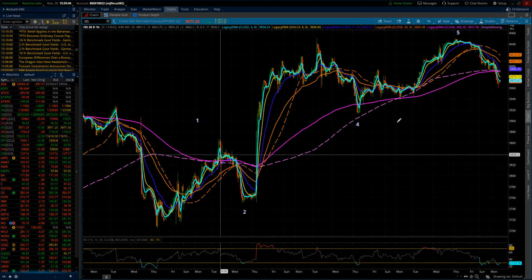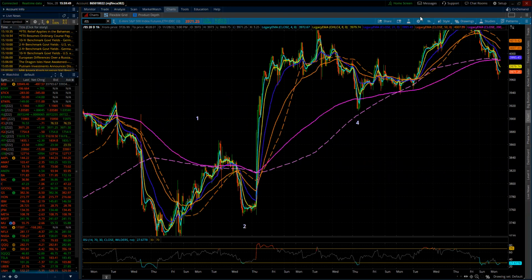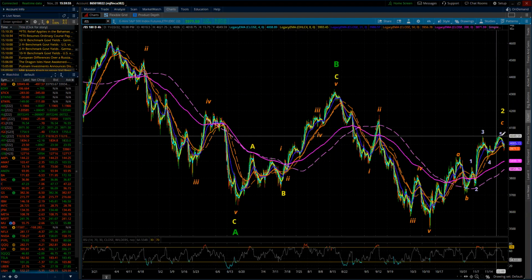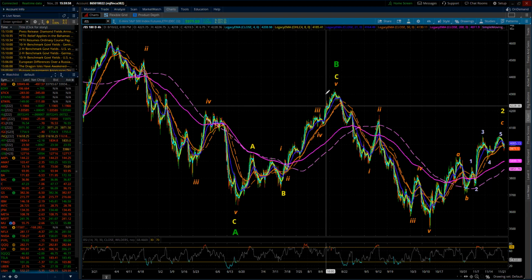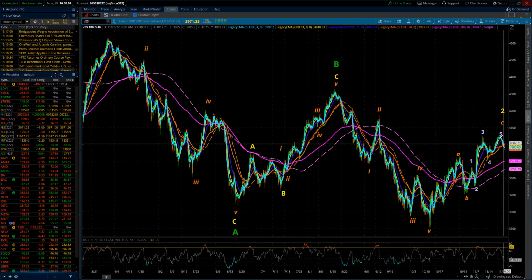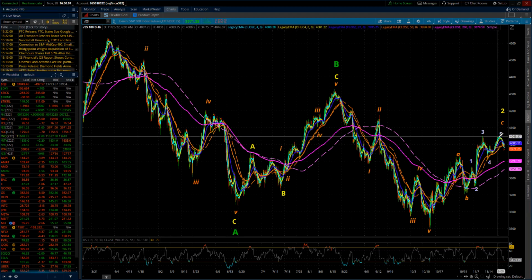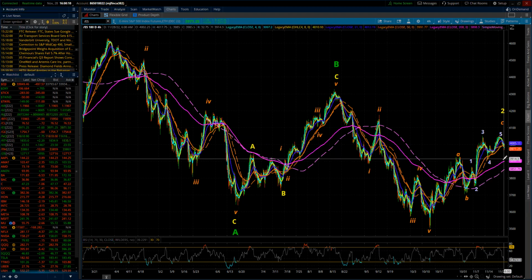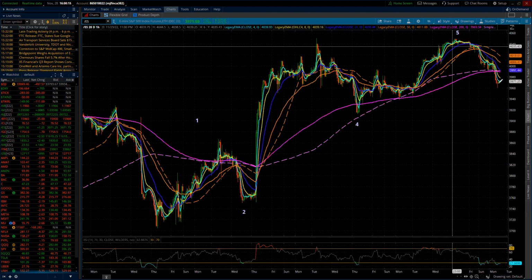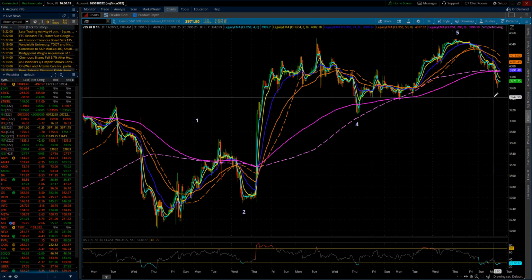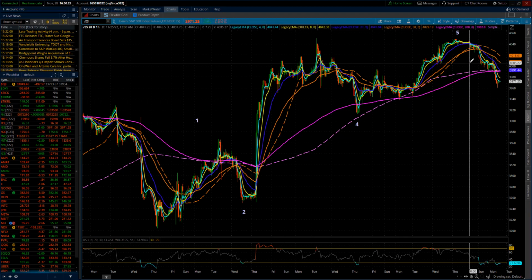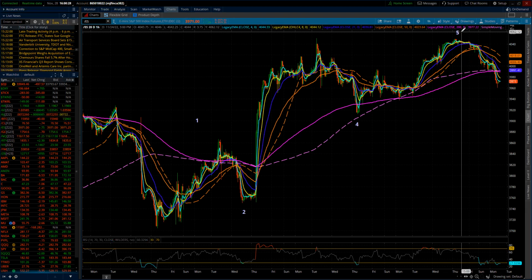So how do I need to leave this? Let me go back out here to the 4-hour at least. If this indeed is the completion point, then I'm going to just put preliminary, because although I'm labeling it, I need to see continued breakdown. Now we're looking for, on that hourly chart, the development and execution of 5 waves down. And that's going to be our first confirmation that that high is likely in place.